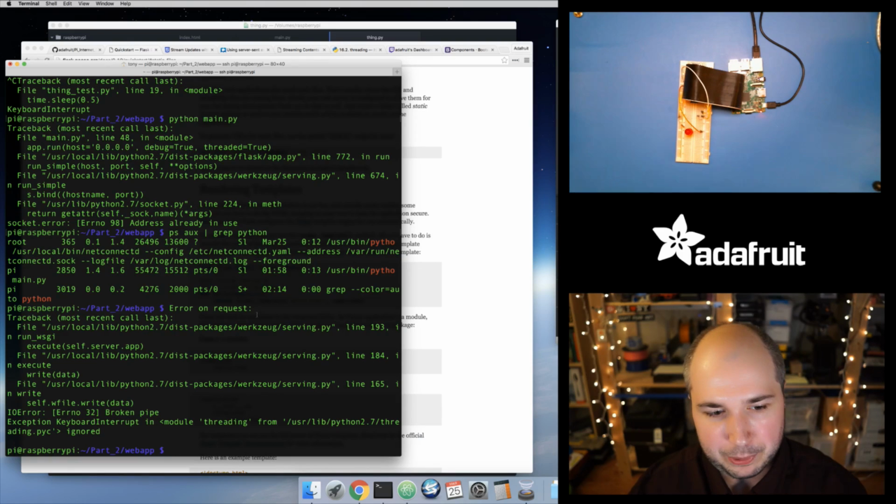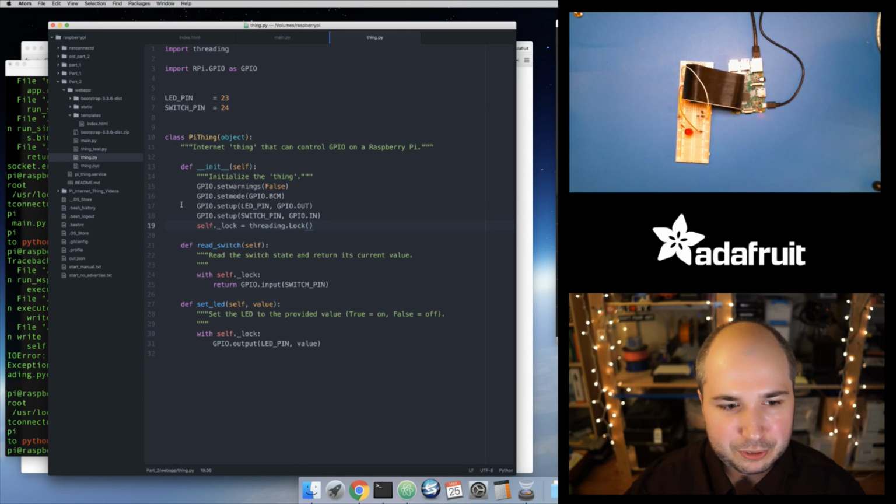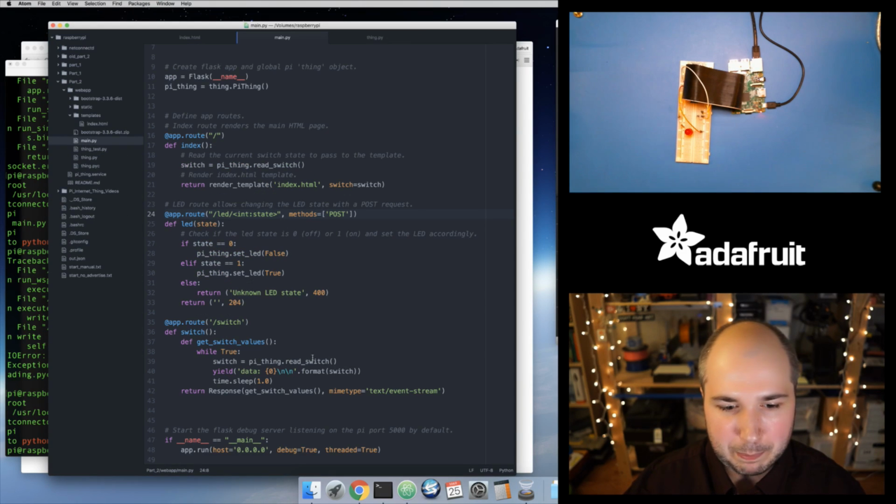So there was some output here where it said, uh-oh, broken pipe, I don't know what to do. And now if I look, that Python process isn't running anymore. So just something to be aware of if you get that weird error when you're doing multiple threads: the Flask debug server is really not a production